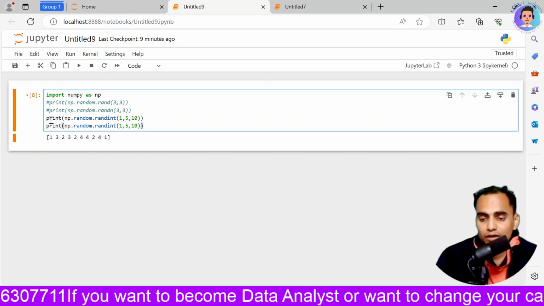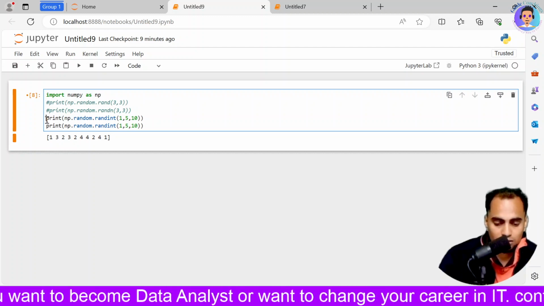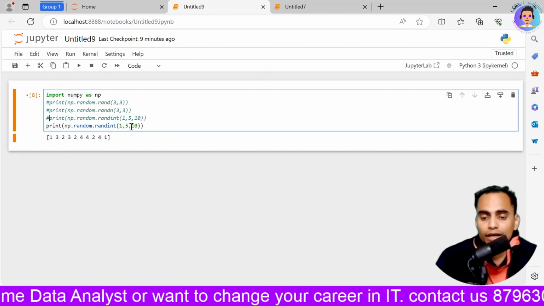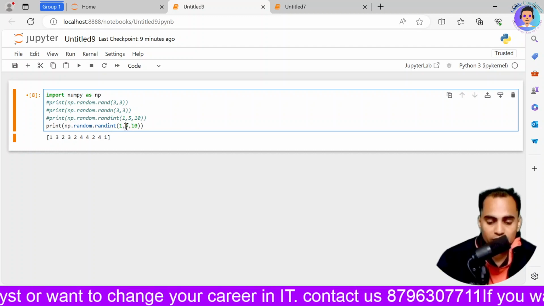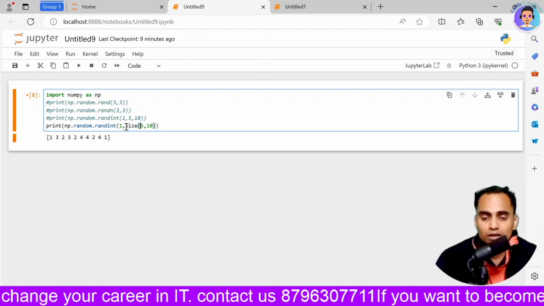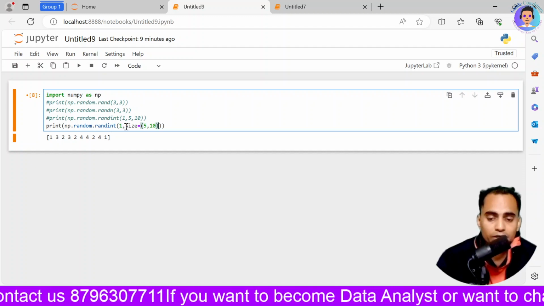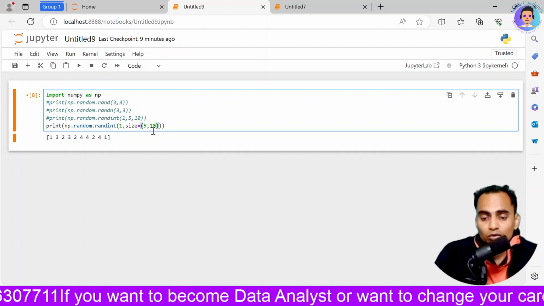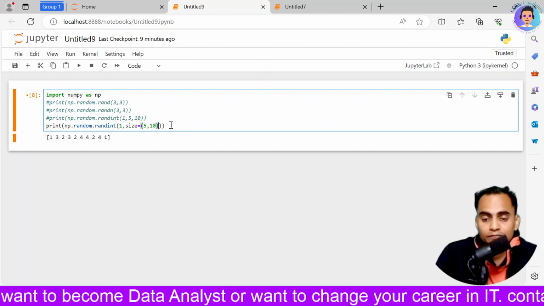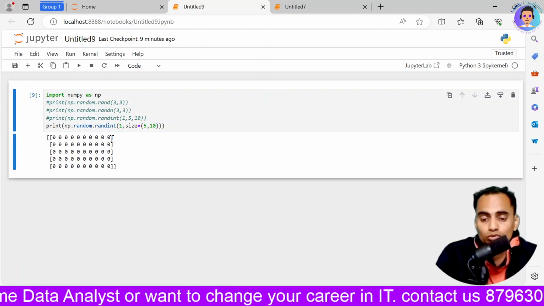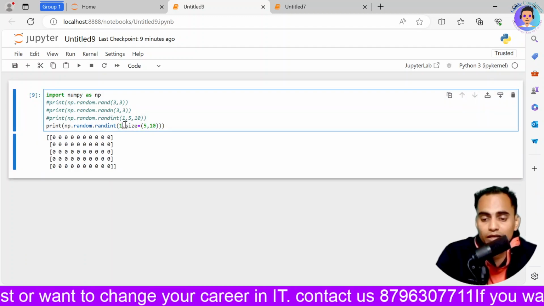So I will print it out. I'll comment this, and here I will write size, and then put it into brackets with an equal sign and complete the bracket. Now if you see what will happen, it will convert it into a 5 by 10 matrix.